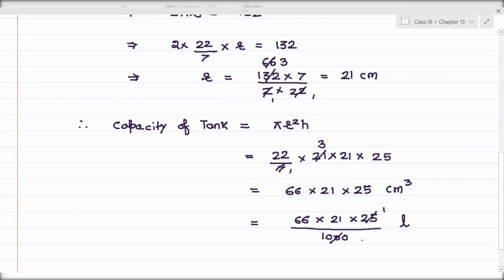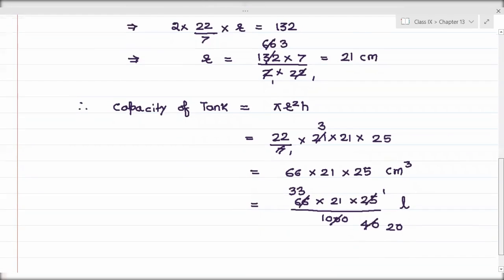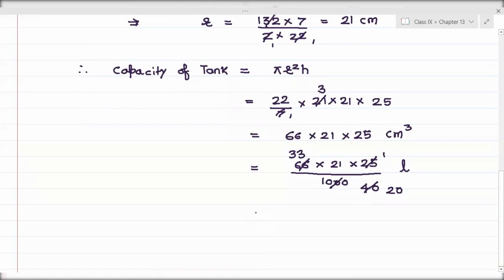25 ones are 25, then 25 fours are 100, 40 will remain. Moreover, we can cancel. If I cancel by 2, 20 will remain, and this will remain as 30. Sorry, 30 will remain. Okay, and now I think it is not possible to cancel. So whatever the calculation, we will not waste our time in the calculation. Okay, so this calculation I will do it, and then you can check it afterwards, our answer is coming correct or not. Okay, so this will come in the form of liter. So whatever the answer will come in decimal, that I will write down here. Now let us proceed to the next question.